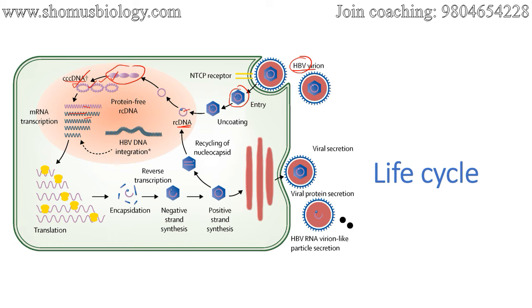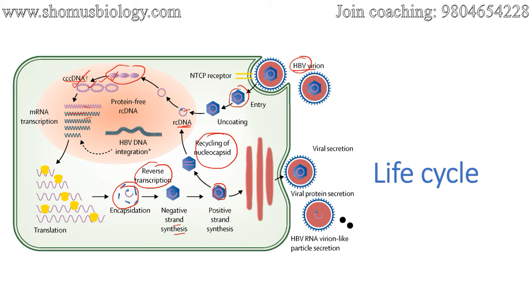Now from these smaller fragments of RNA, we do reverse transcription to make negative strand synthesis, and using the negative strand as a template it makes a positive strand. That's how two different strands are prepared, and then recycling of the nucleocapsid is done for a latency effect, because this virus can have two different impacts. One is latency, that means it can stay there for a while, or the second is the lytic cycle, where it will crack the cell open and come out as a viral particle.